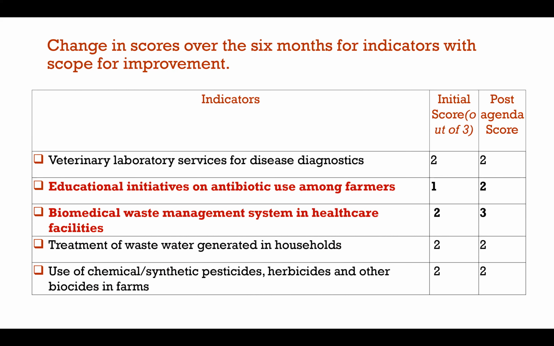And it should also be noted that this particular community has a good indicator compared to all the sustainable development goals. So it is definitely a good change that we have seen over the period of 6 months through targeted interventions. And the lessons learned: we definitely learned that contextualized actions and activities are important. And more than that, I would like to hand over to Dr. Philip to take forward from here.